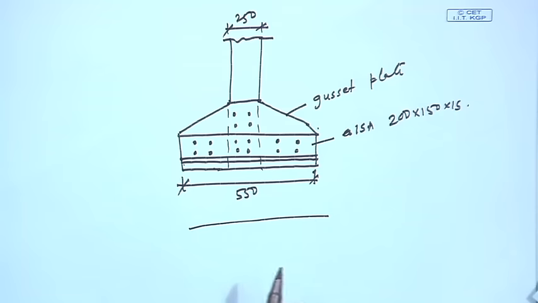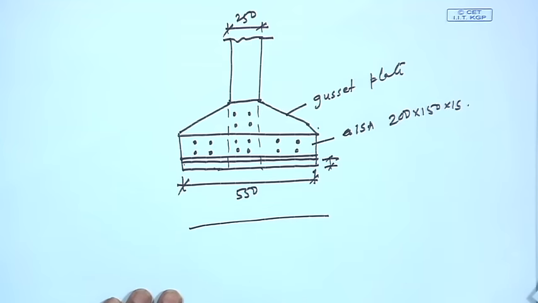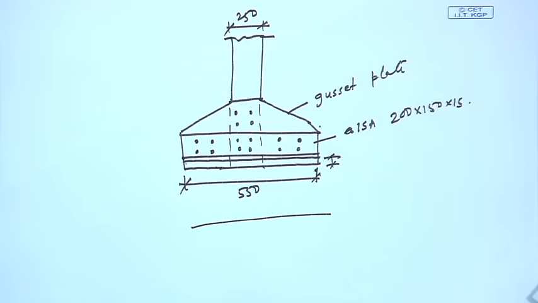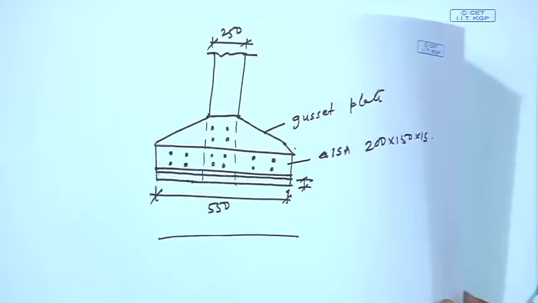But in case of welded connection, the calculations will be different. In that case you will see the thickness of the base plate will be a little higher, because here the thickness of the base plate is calculated considering the thickness of the angle as well, right. So, this is how one can design a gusset plate when the column is under compression and moment. Okay. So, this is all about today's lecture, and before finishing this entire lecture,